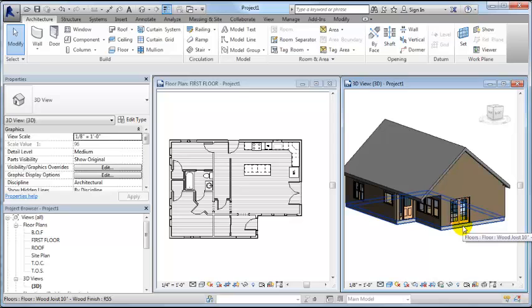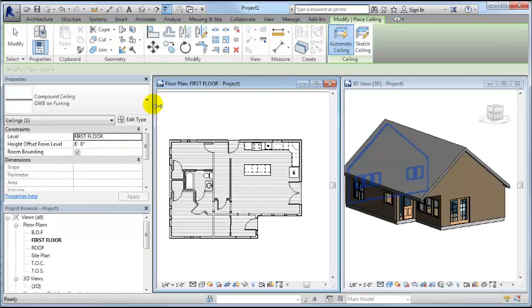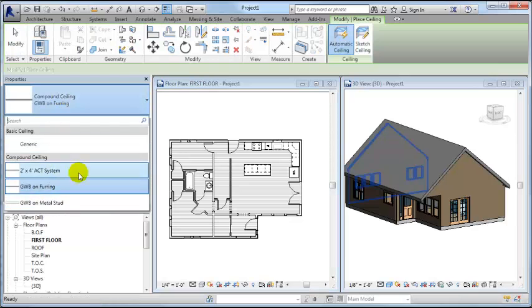So I think at this point we need to create a ceiling, and then we're going to get into the foundation system. So let's create a ceiling over this, put a ceiling in, and I don't have the ceiling type that I